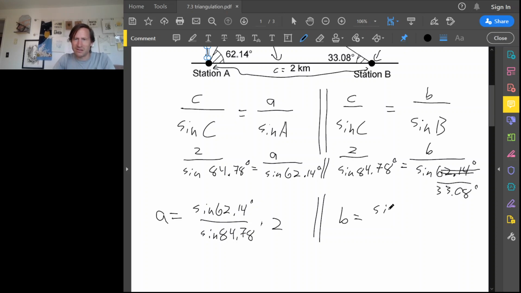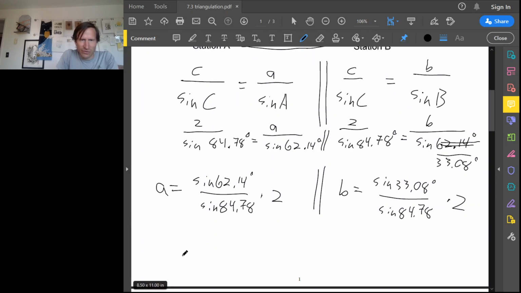All right, so little b is sine 33.08 over sine 84.78, all times 2. All right, so now we can just dump all of this into a calculator and see what we get. So for A, make sure we're in degree mode. Sine 62.14 divided by sine of 84.78, all times 2. That gives me